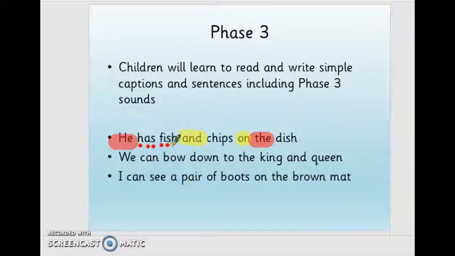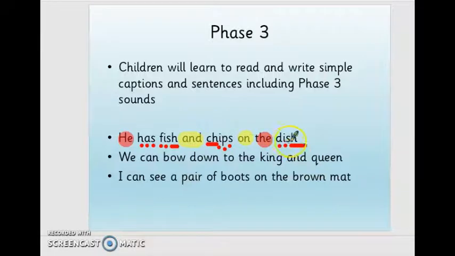And then when we come on to this one here, this is actually a digraph, so we put a line under it like that. And the reason we do that is to help the children understand that this is a digraph, which means that there are two letters that make one sound. So this would be fish, fish. He has fish and then again we would look for the digraph in the word. So we've got a ch here, ips, chips, chips. He has fish and chips on the, and then finally